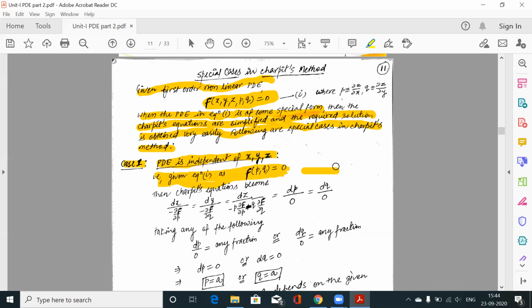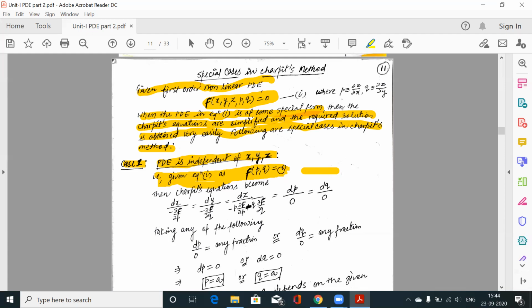Suppose this is our nonlinear first order PDE, which is independent of X, Y, Z, which does not have any term like X, Y and Z. Suppose we don't remember this case, and simply apply the Charpit's method, because that is applicable for nonlinear first order PDE. And this is a first order PDE because it contains the first order derivatives P and Q, and this is a function of P and Q. That means P or Q may be of any degree, which means it is nonlinear.